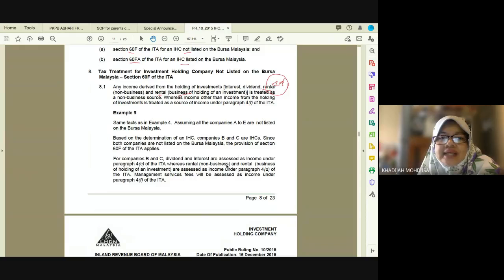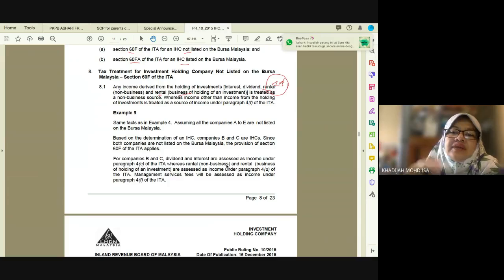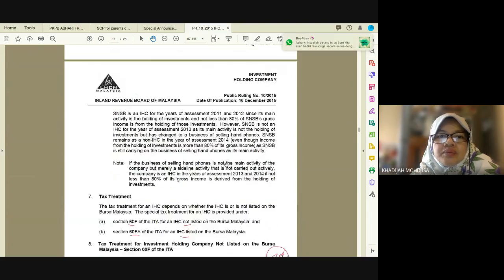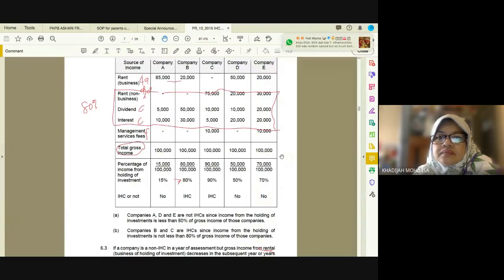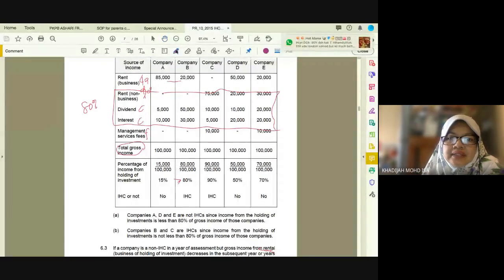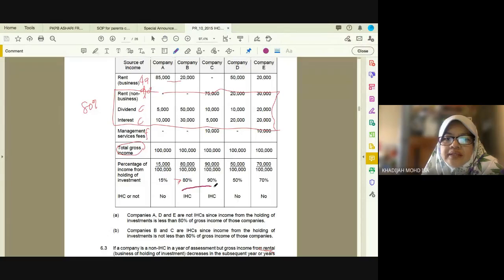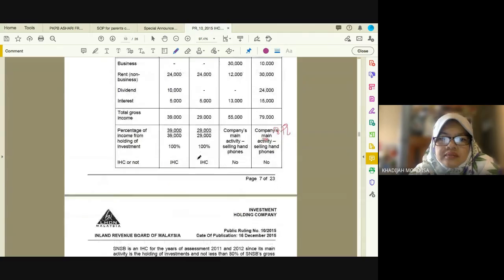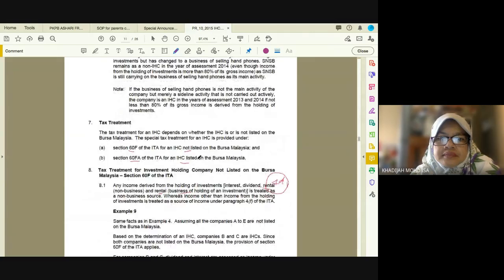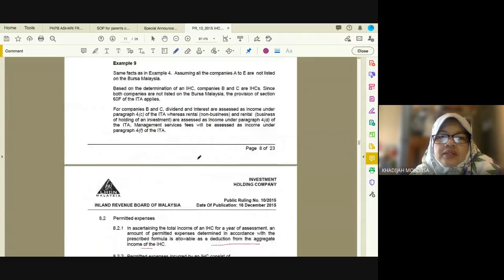It says that same facts as in example 4, assuming company A is not listed and B and C are investment holding companies. When we look into example number 4 here, we have decided that companies B and C are investment holding companies. So we have decided that this company is an ISC, because the income from investment is more than 80%. Coming back to the Sendirian Berhad, the law says that under Sendirian Berhad,